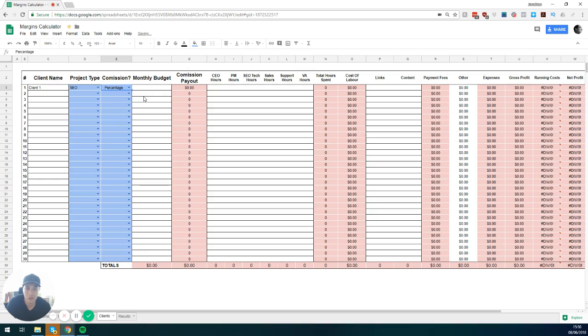So it's a percentage commission, and the monthly budget for this client is $1,500. So straight away, this tells me how much of a commission I'm paying out at the 5.5% that I entered on the other sheet. Very, very simple equation here. Now, what's important is, on average, I try to calculate how many hours of each of these characters are going to be involved here, and these are pulled from the other sheet that we filled out earlier. So let's say that this is a small client, takes about 1 hour from the CEO,